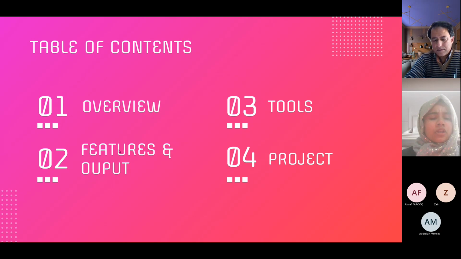We're going to touch a little on the features and output, and then we're going to start on the tools, which is basically the whole 2 hours of the class. Then we'll do a mini project if we have time. Since none of you have Adobe Photoshop or Illustrator, which is fine, you can just watch me and give me ideas for the project topic. And it's going to be